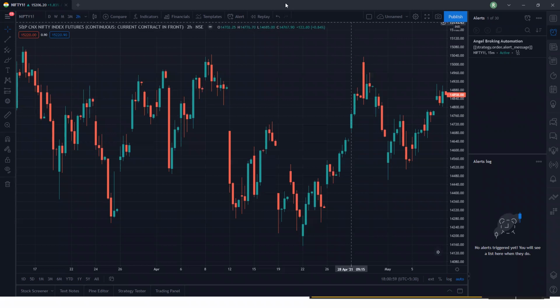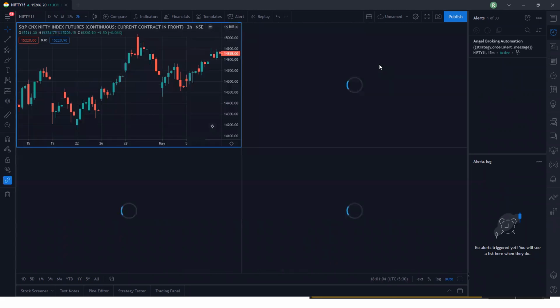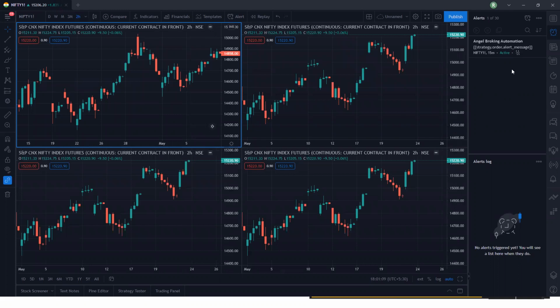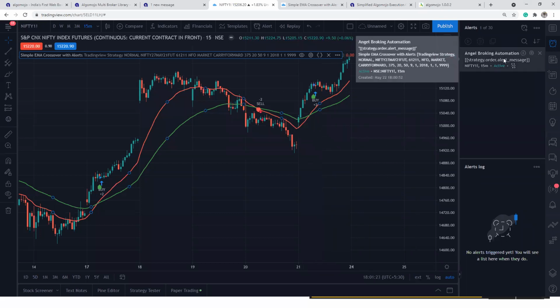You can see that this is from desktop application. Maybe from the desktop application, if you are using any of these multi-block modules or something like that, here also from desktop you can configure alerts, you can edit alerts, you can remove the alerts. You can also use the same thing in your browser-based applications also. And that's the beauty of TradingView itself. Now the alerts are the ones which are going to send orders to the broker.